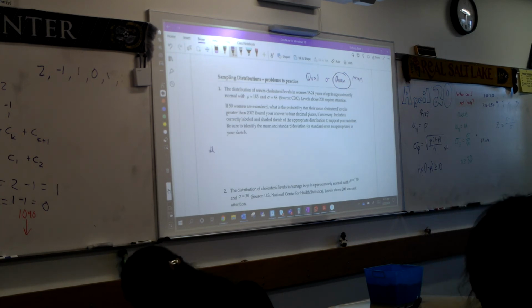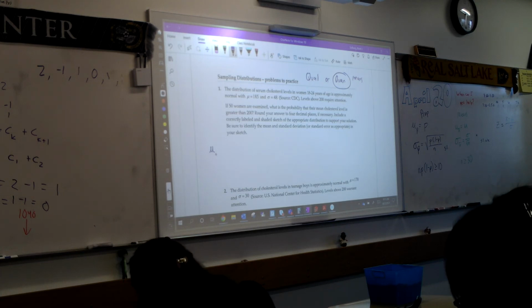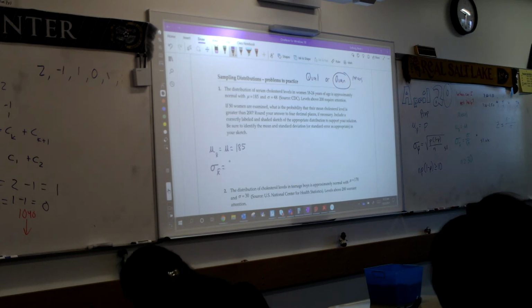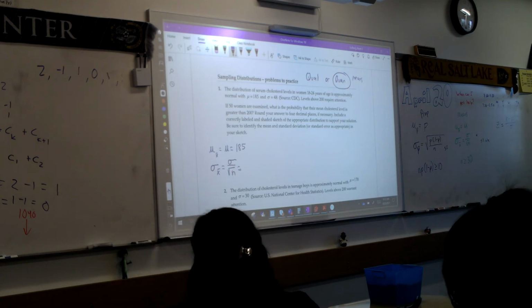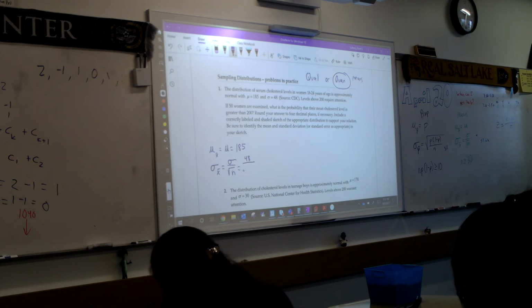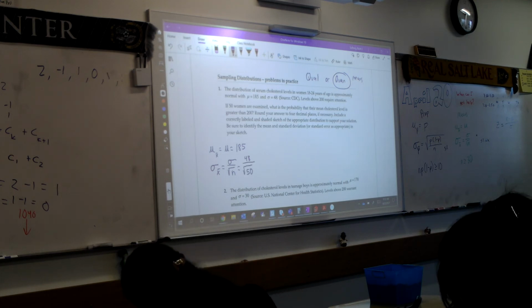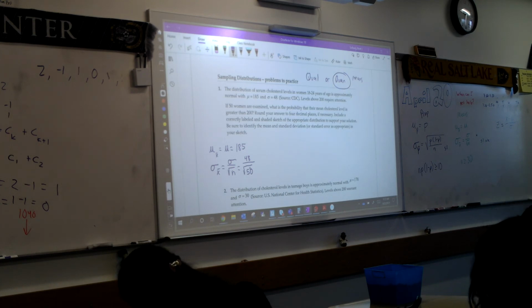So the sampling distribution of our sample means is going to be centered at mu, which we already said was what? 185. But now the standard deviation of the sampling distribution of our sample means, we're going to do sigma over the square root of n. Sigma was given as 48, and the square root, what was our sample size? Okay, so I'm going to get out my calculator, and I'm going to do 48 over the square root of